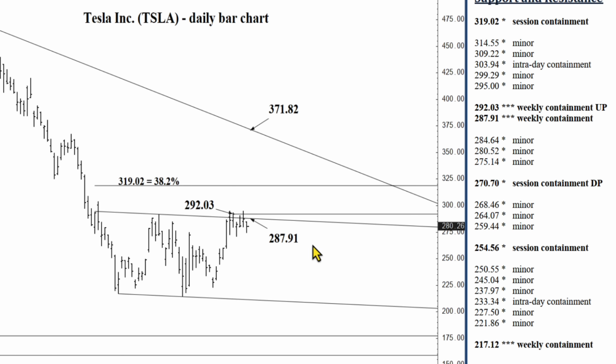Upside, closing above 287.91, I think you want to wait for a settlement also above 292.03. I mean, we've been here a week ago, closing above 287.91 without any follow through, obviously. And so I do think that extra nudge is a settlement above also 292.03. That would be a new high settlement price, clearly above the high that was put out last week. And I think that would indicate within 3 to 5 days, 319.02, and within 3 to 5 weeks, 371.82,